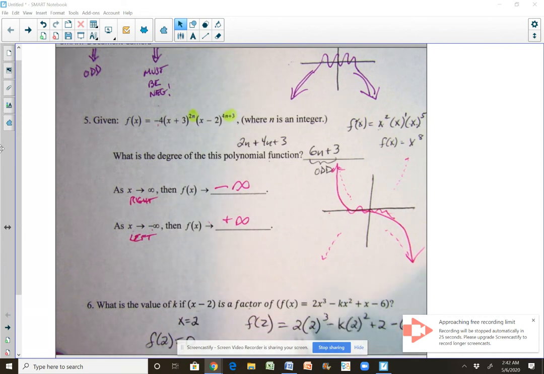So now I can work this out. I get 2 times 8 minus 4 times k plus 2 minus 6. All that has to be 0. 16 minus 4k minus 4 has to be 0. 16 minus 4 is 12, minus 4k has to be 0. If I add this over, 12 is equal to 4k. So therefore, k has to be 3. We can finish out